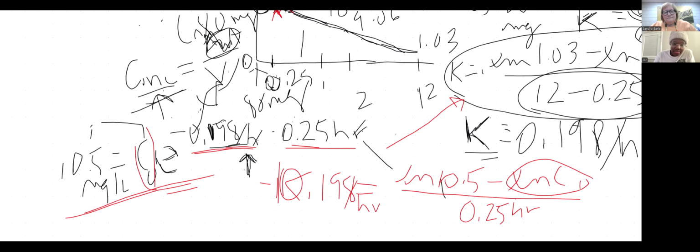Okay, K is equal to negative 0.198 per hour. Definitely units. Don't forget the units. Okay, so since I have K, I know that